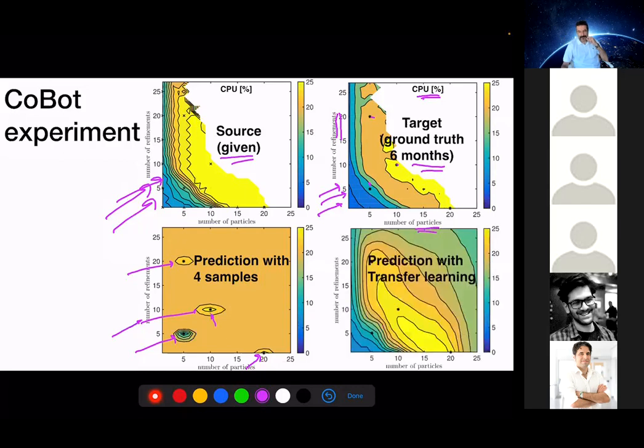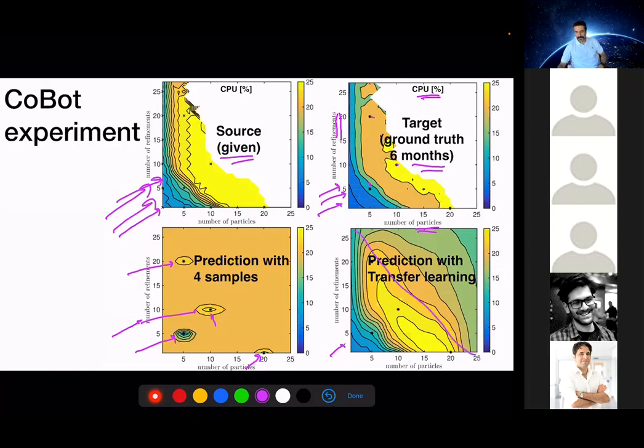But using transfer learning, we observed that even with 4 measurements from the target, but exploiting 18 measurements from the source, using both source and target and feeding both into a multitask learning, we were able to get much better prediction. You see that the model captured the nuances of the change in terms of CPU utilization quite well, although